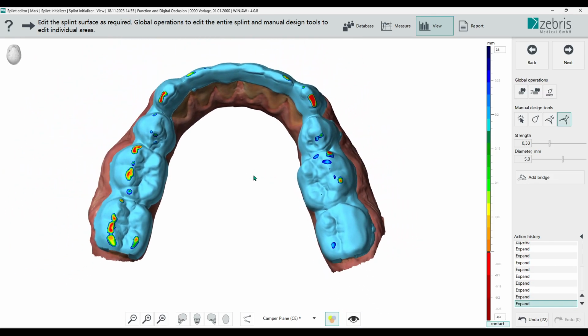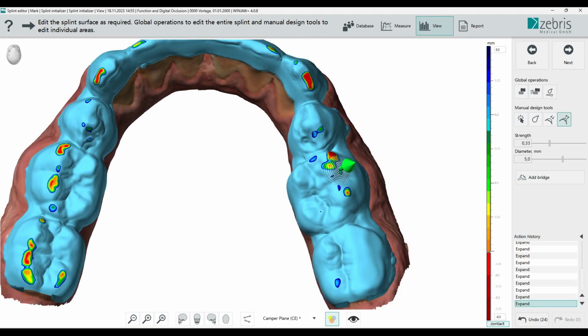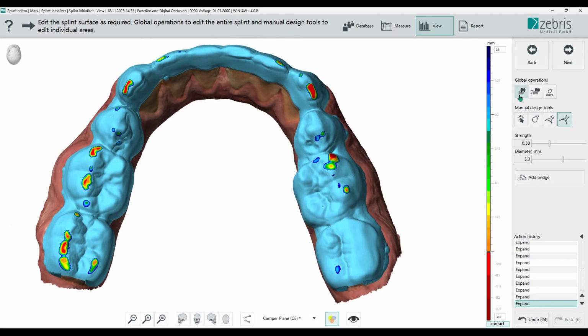Besides these manual design tools, which only work on the point where you click, we also have global operations which affect the complete splint. With a static grind in, we can cut out the intersections with the aperture.